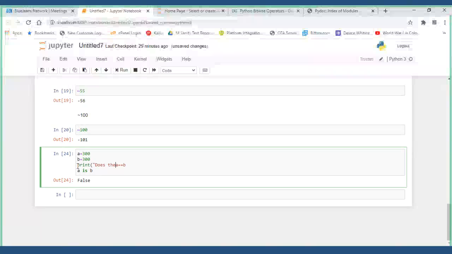Print: do the values of A and B match? That is what you are checking here.